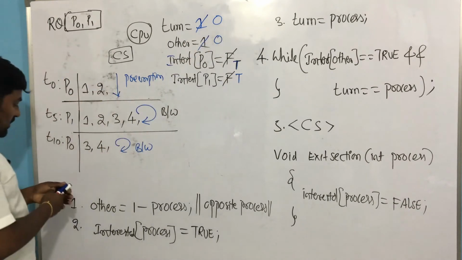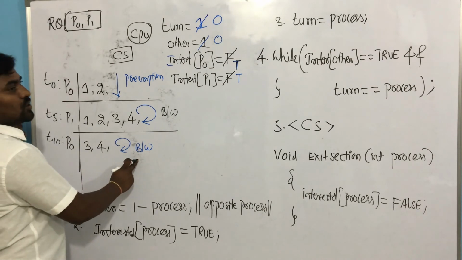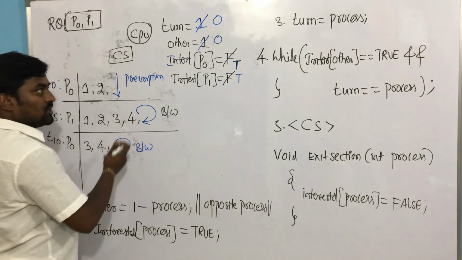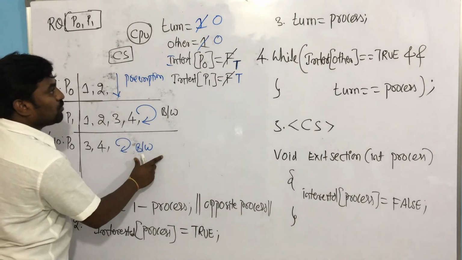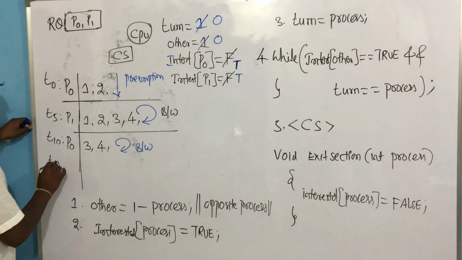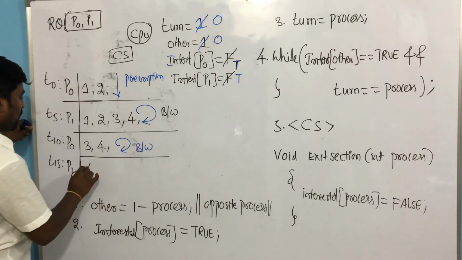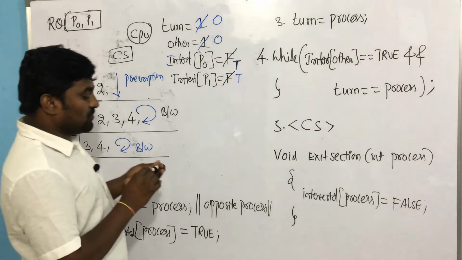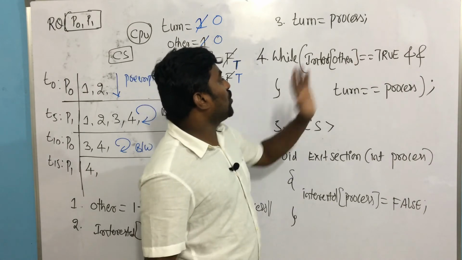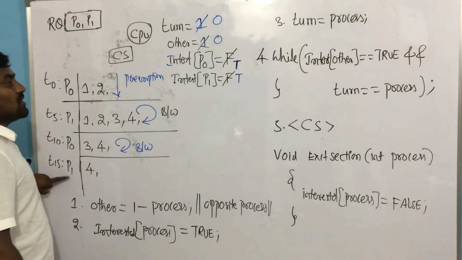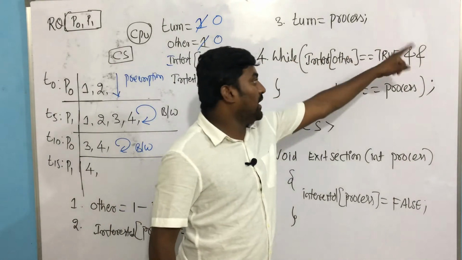Now so that P1 will enter into the critical section. Look at this, whether it will enter or not. So now busy wait. This while loop is going to keep on testing until CPU timeout. Once the timeout is over at time 15, assume that P0 will come, and P0 will run from which instruction? Fourth instruction. Now check the fourth instruction. Look all of you. While interested of other is true or not? Currently which process? P1 is running, other means 0. Interested of 0 is true or not? Yes, true.